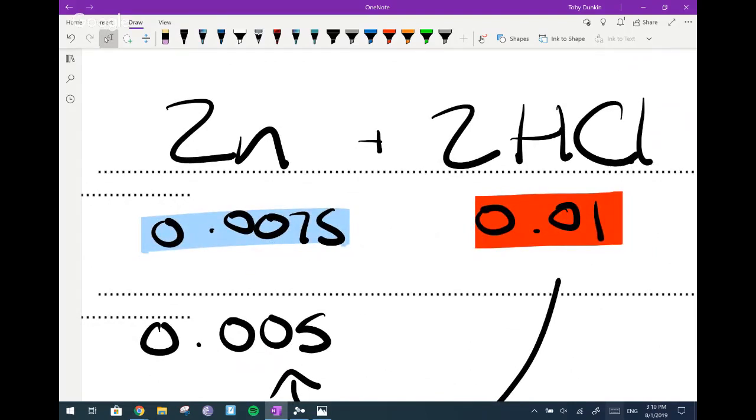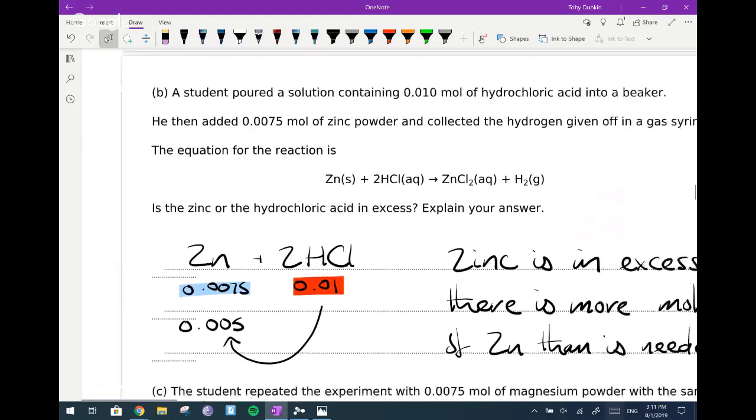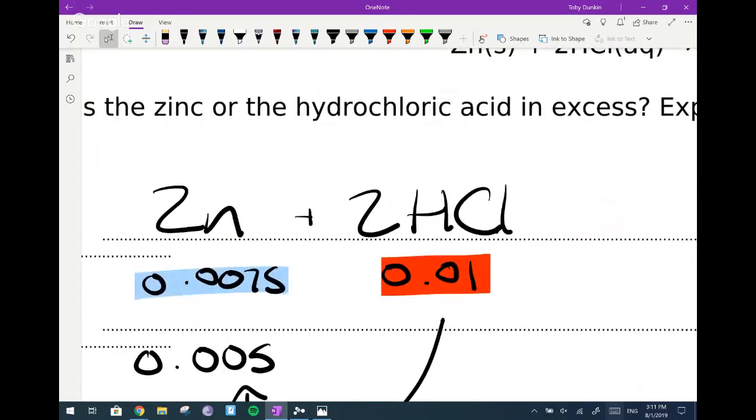This is understanding that in chemistry we never add the right amounts of anything. It's impossible to do so. You can't even weigh out 25 grams exactly. There's always going to be something left over, even if it's 0.00 whatever. So we always have something that there's more of. And the question gives us 2 moles values and asks, do you understand what an excess is? Now, this was actually quite a nice question because